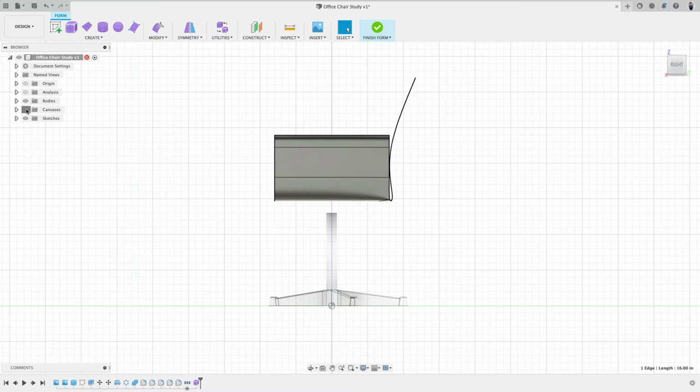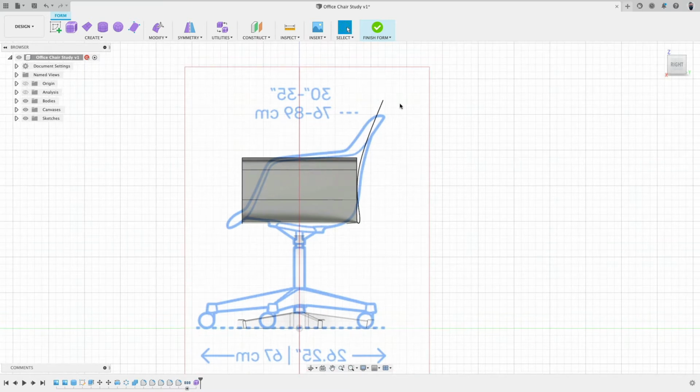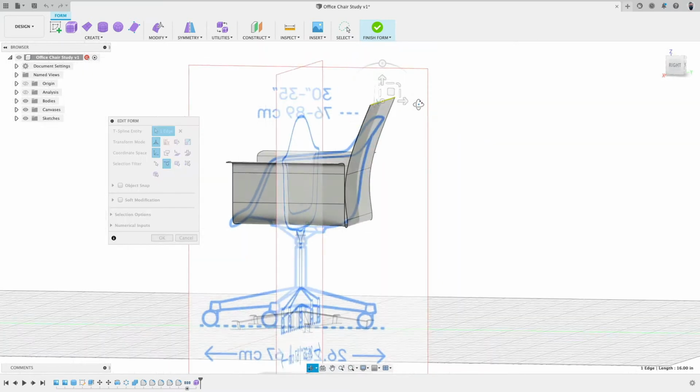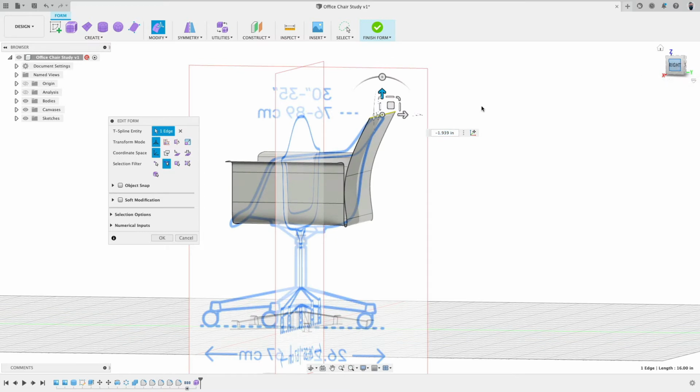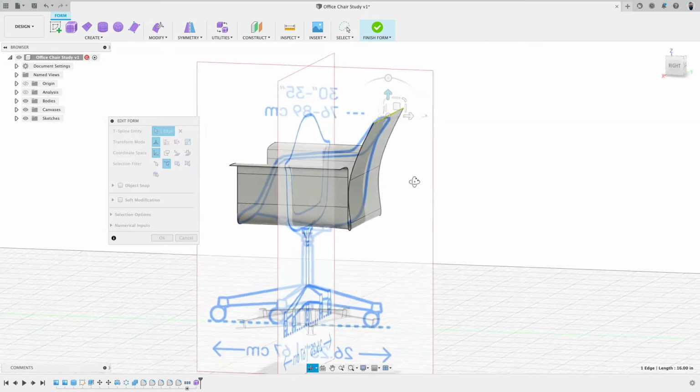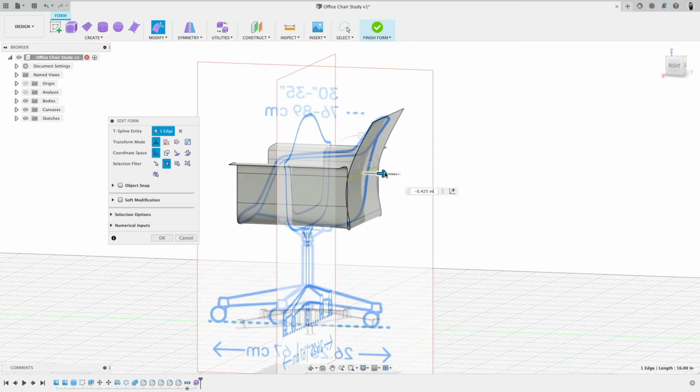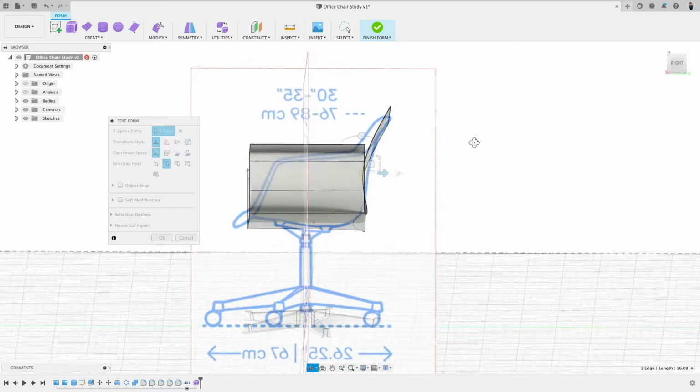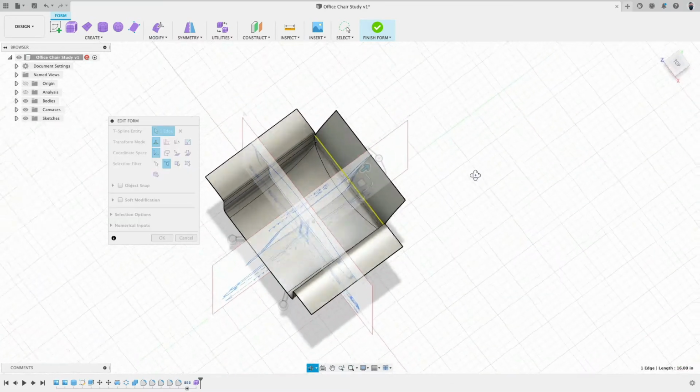Okay. I have really no idea proportionally how this works out. Oh, actually it's not too far off. So maybe this a little bit further down. The lumbar support is kind of okay. Yeah, and